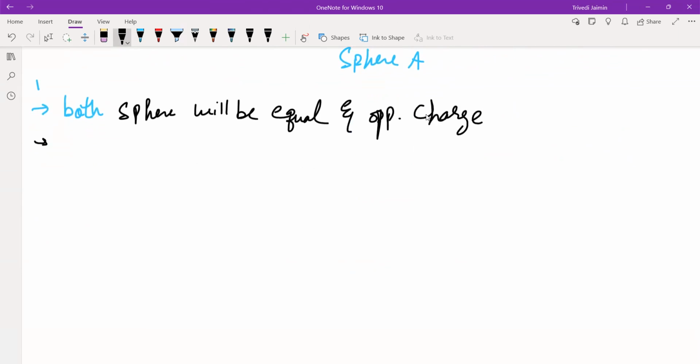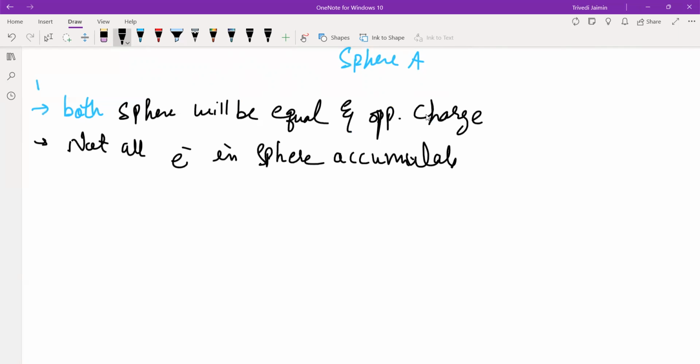Then some more things we can write here. Some electrons means not every electron will be moving, but some electrons. Let's write here: not all electrons in the sphere accumulate on one side, because